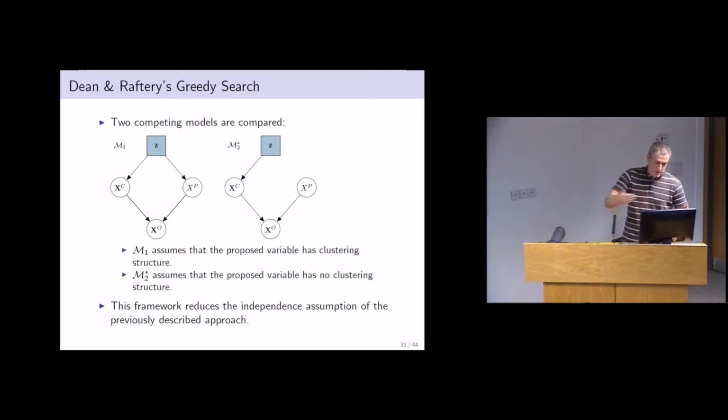And they constructed a greedy search algorithm for finding the best model to model the data. And their approach, if you apply it to the data sets I talked about, gives you more or less the same results as the method I just talked about. What we did instead is we changed the second model to try and actually get more variable selection. So we said, rather than comparing this model to this one, what we're going to do is add an edge